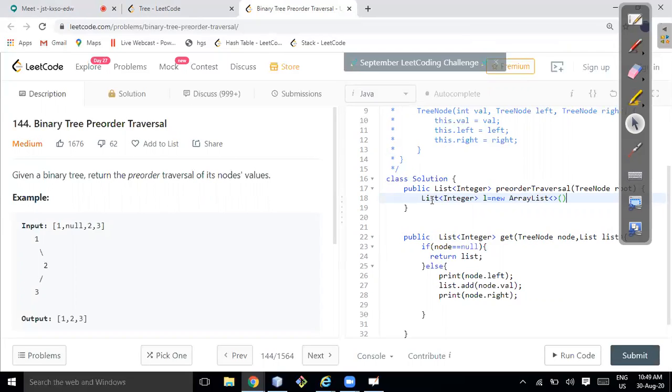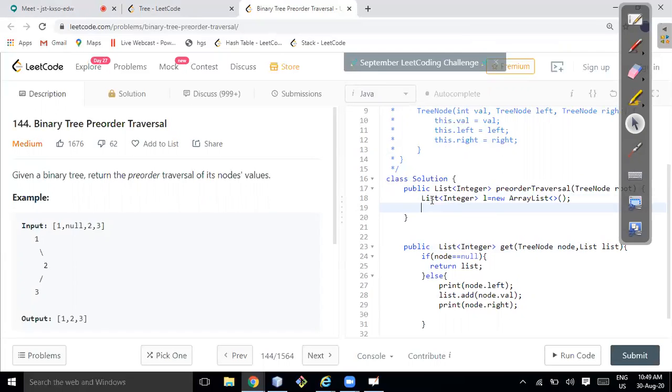Okay, I just did it and I'll write get. Okay, here this is returning return get root comma list. And here instead of print, I modified the name to get.